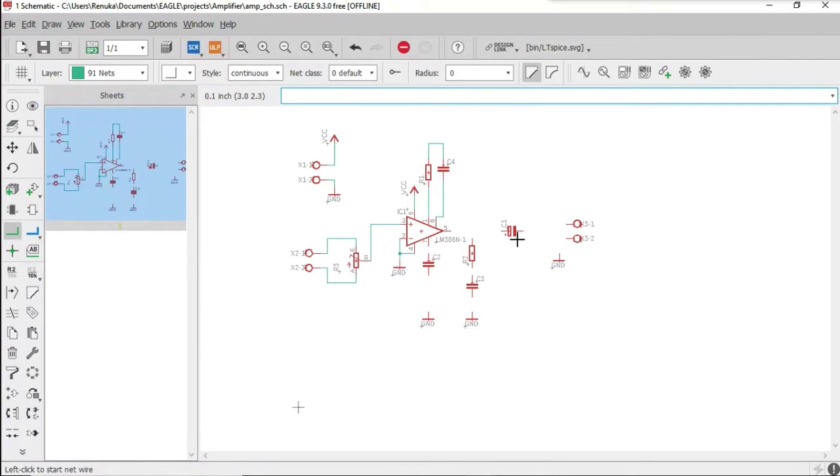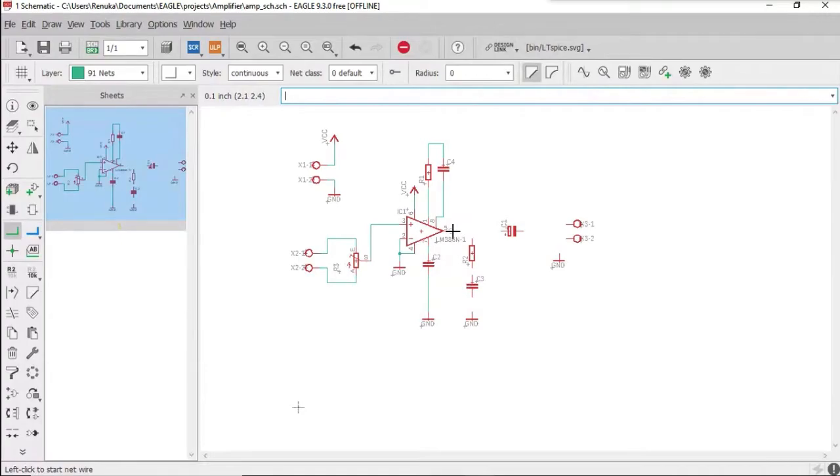Okay, after this connect the bypass terminal, that is pin 7. We know that we are connecting it to the ground through a capacitor to provide the stability required. So connect the pin terminal to the capacitor and the capacitor's other end to the ground.